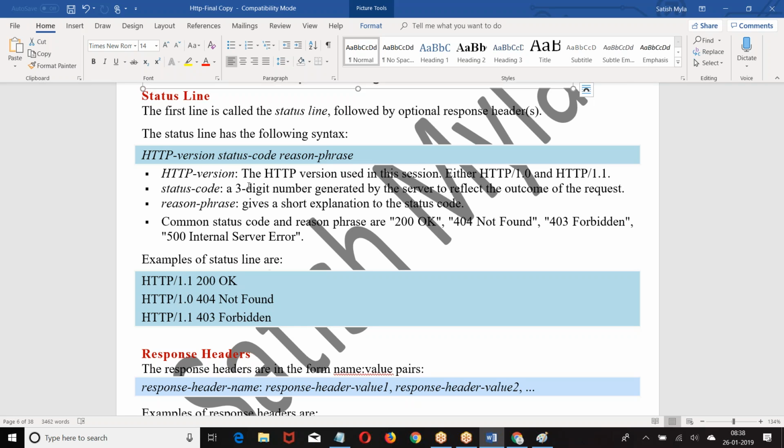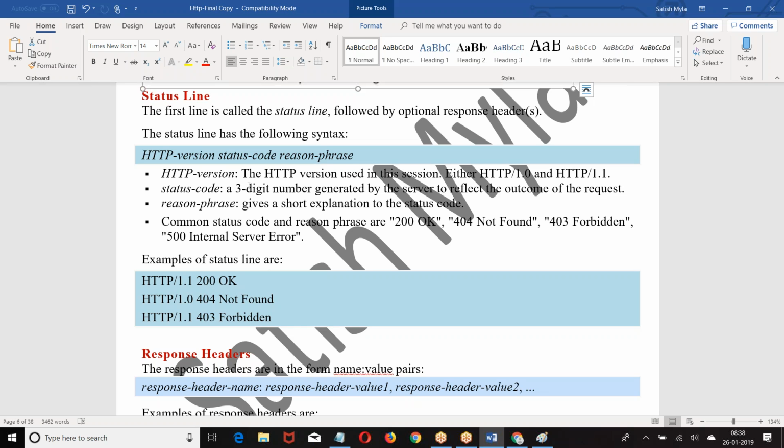4xx means there is a problem in the way you are calling. There is a problem with the request. The URL or resource is not available, or the path is wrong, or the method is not supported. Any problem from the client side. The way you wrote the program has a mistake. 5xx means everything is perfect from your end, but there is a problem with the service provider. So it is a 5xx.